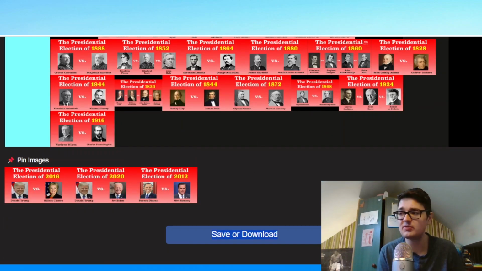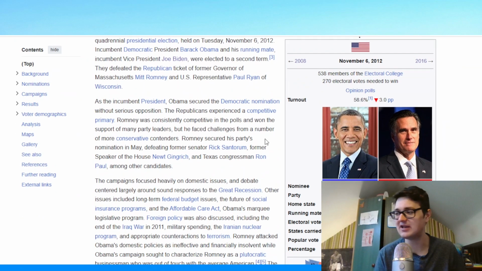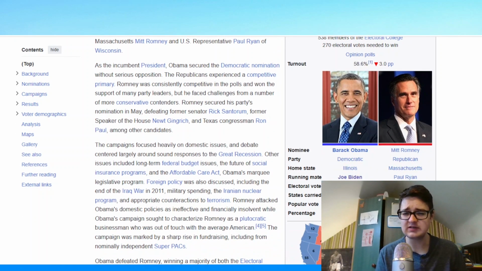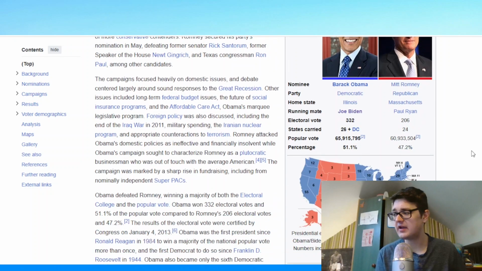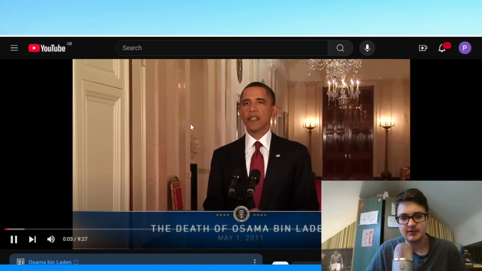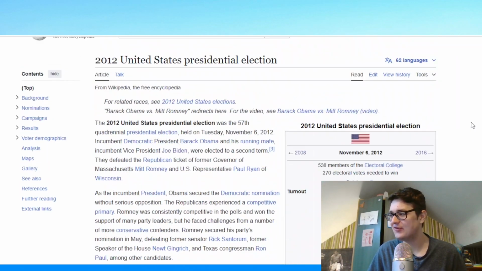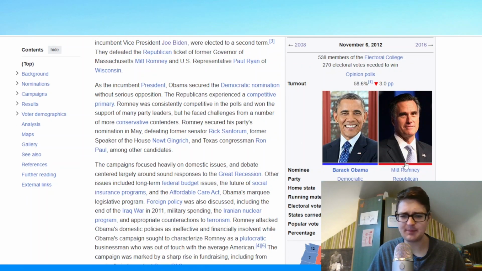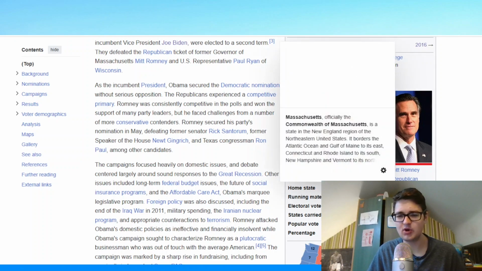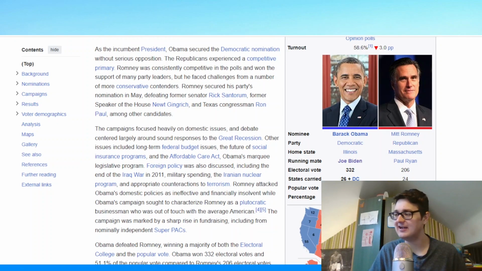2012, that super exciting election that everyone remembers. I do actually remember 2012 because I was doing my politics A-level. Kind of the only big takeaway of the 2012 election is that this was the moment when he'd won the election. That was the moment. It was pretty much all over from that point onwards. I do remember other funny things coming out of this election. Apparently there was a story that Mitt Romney put his dog on the roof of a car or something, if I'm remembering that right. And it was the Gangnam Style